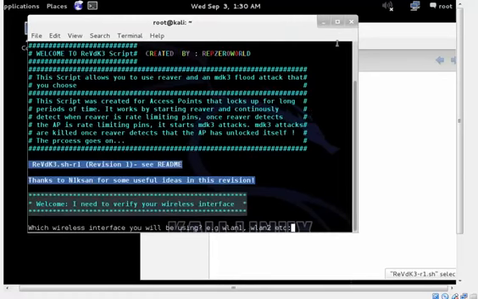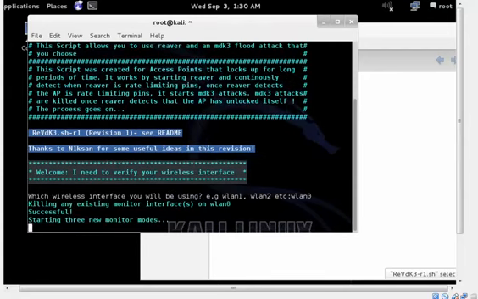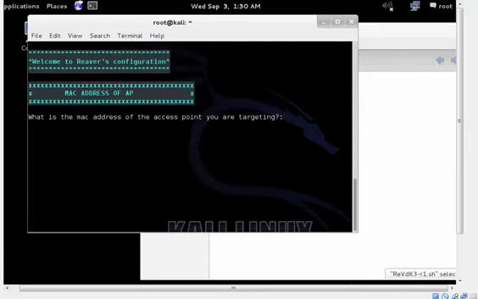So it's wlan0 that I'm going to be using. So I'm going to type in wlan0. Helps if I spell it correctly too. Press enter. It's going to put your card into monitor mode, and then we need to get the MAC address